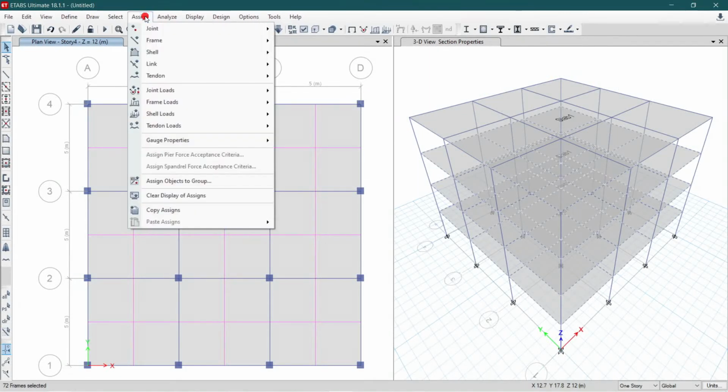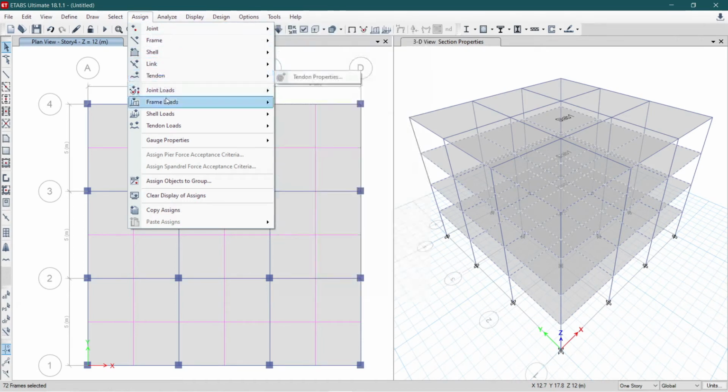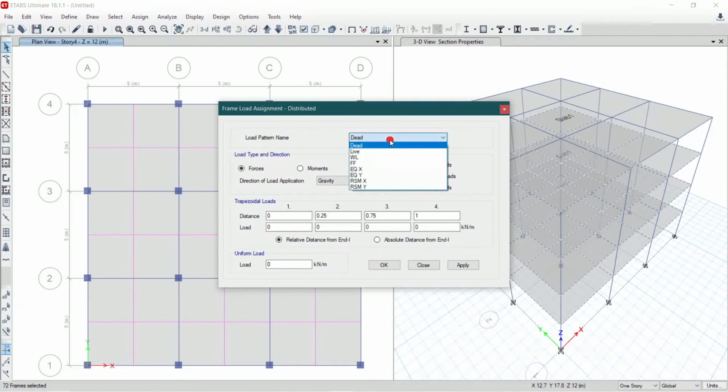We'll go for assign option. Assign. This is the frame load. So we'll go down to the frame load and it is the distributed load. Here we will choose the wall load. So initially when we defined the load pattern, the same data would be provided here. So we'll choose the wall load,